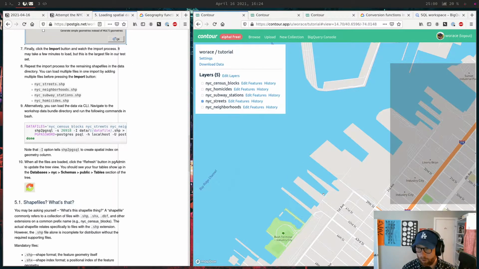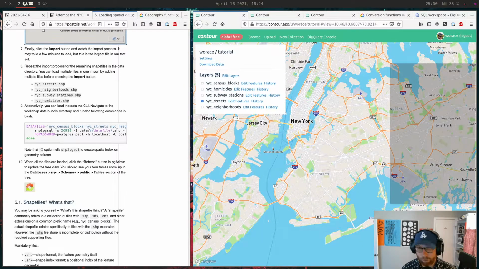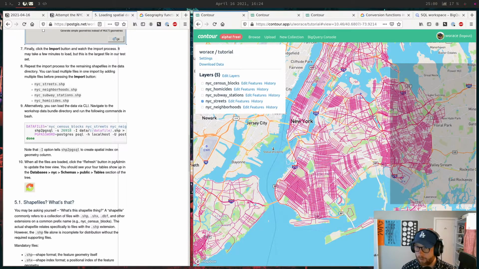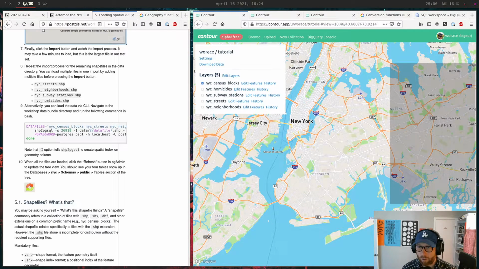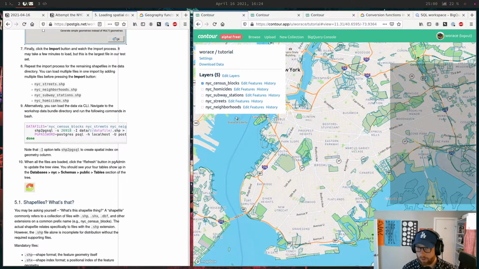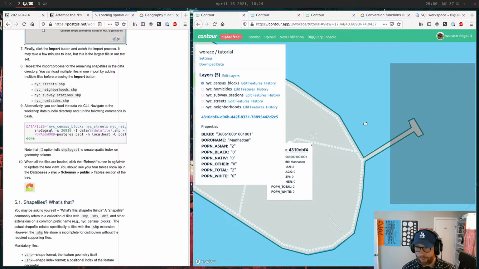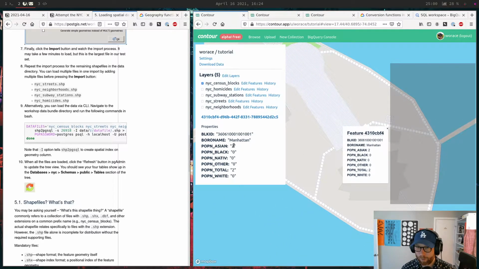Some of them are not huge because the region is pretty constrained, but there's a lot of data for sure. The streets obviously has a lot of data. The Census Blocks has a lot of data. That one takes a minute to load in. They're kind of cool looking actually. Wait, is there a Statue of Liberty census block? Yeah, block ID, blah, blah, blah.